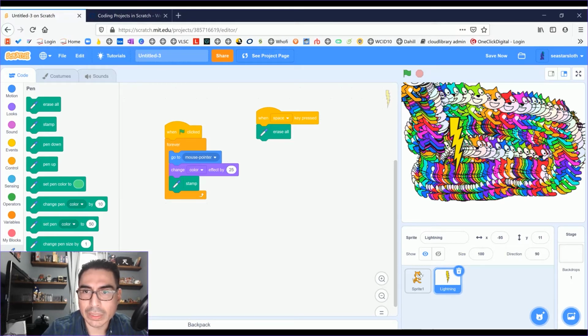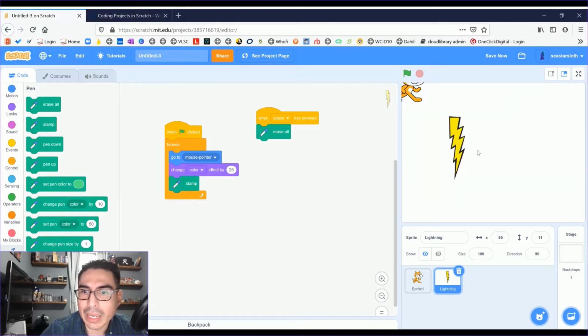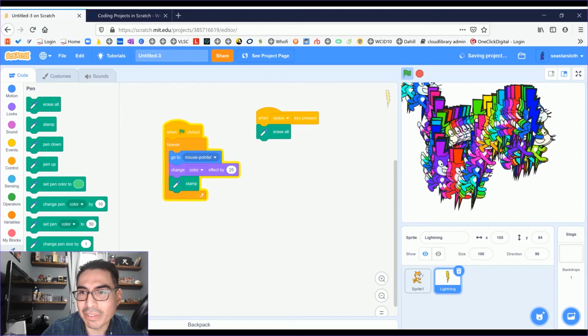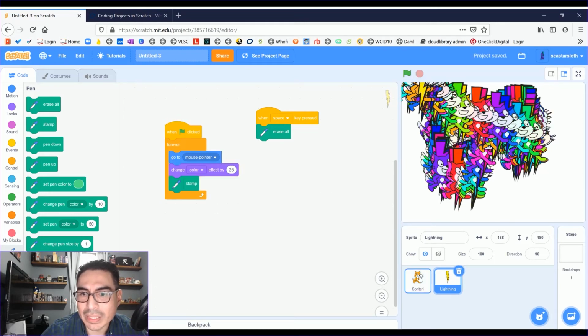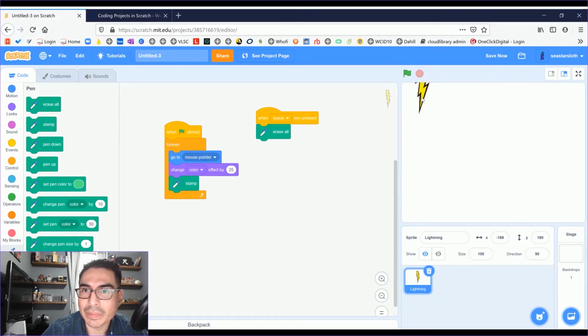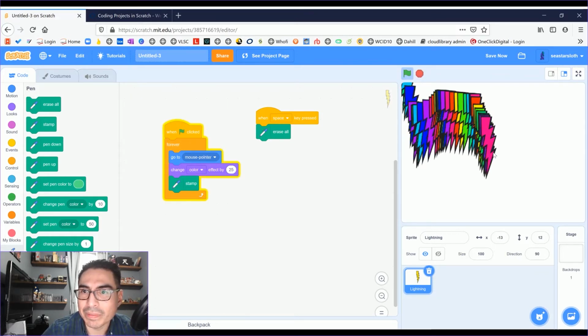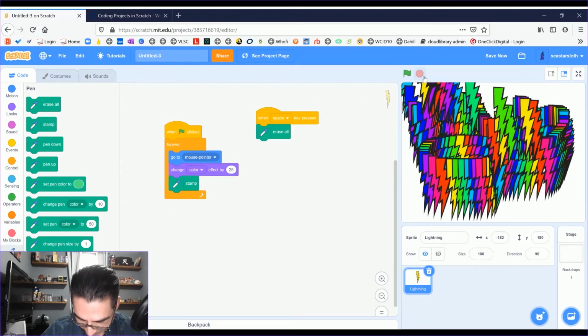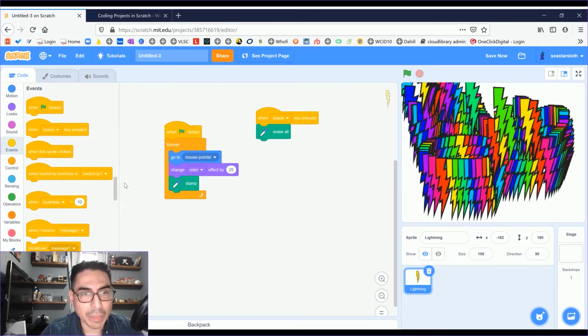So let's press space to clear, and I'm going to run it. Oh, that's right, both of them are following. So I don't want this cat here anymore, so I'm going to delete it. Clear it. Let's run it. Let's change the size by 10 every time the up arrow is pressed.